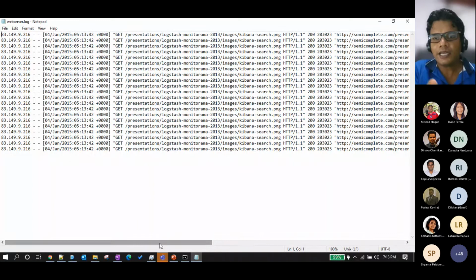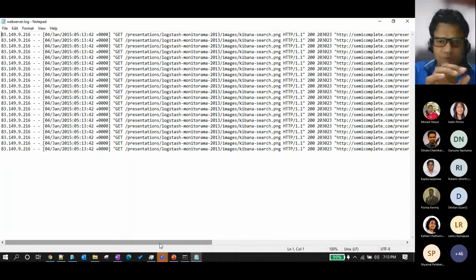Even as a developer, when you are developing the modules, you have to keep in mind that whenever you get an exception or failure scenario, you should put it into the logs in a readable format.